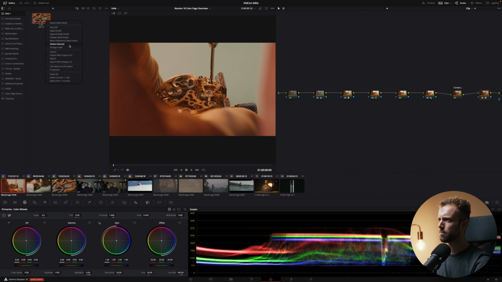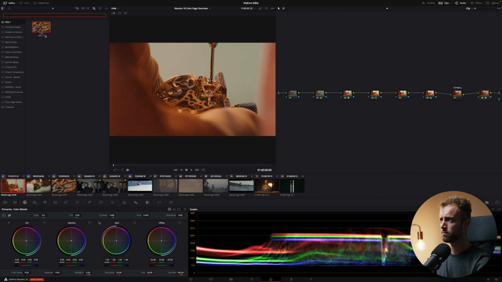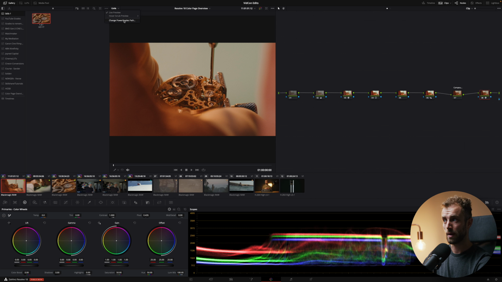All right, next up, we've got a bunch of other options that you just have to go through and see what they do. All right, so we've got our zoom in functions. We've got some filter options. We've got our block view and a list view. I always have the block view because I like the thumbnail. You can search on your label name or other labels that you put onto it. And then here are some extra options that you can change, the color grade, power grade path and all that stuff. All right. Then you've got this expand button, which is super powerful.